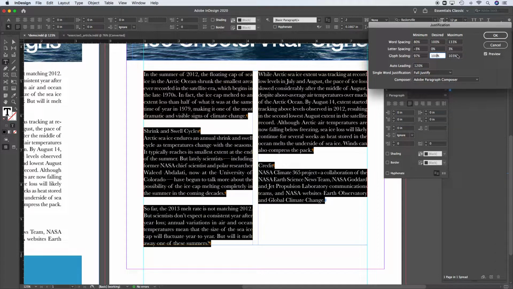And I've been using these settings for many years, and it's only been maybe a handful of times that I've had to go in and maybe change glyph scaling up to 107 or something. So if you can maybe take a screenshot or write these down and just leave it for reference, you'll be using this a lot, especially in magazine and book typesetting. So we'll say OK